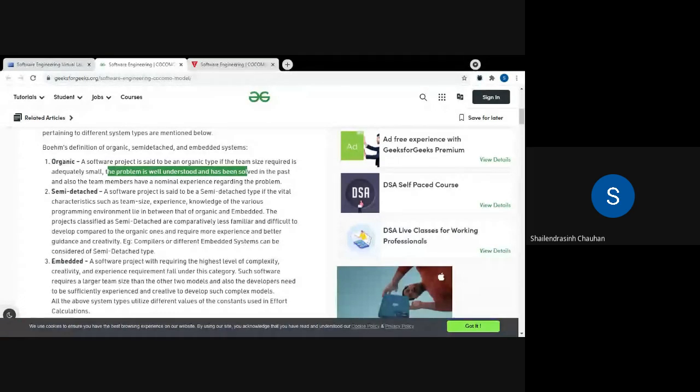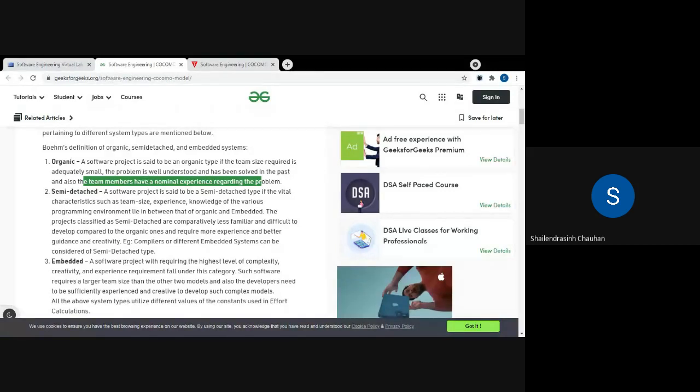Second thing, you have already worked on that project previously, and you are clear about all the modules, all the functionalities. And also the team members have nominal experience regarding the problem. Let us say, for example, the team has worked around 1 or 2 years. So nominal experience, not very highly experienced people.